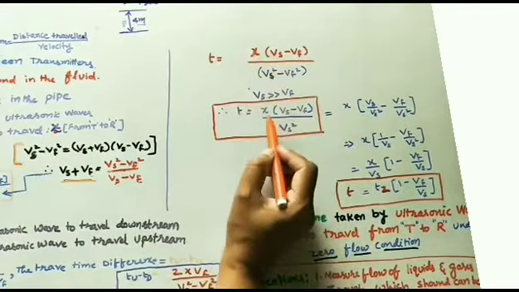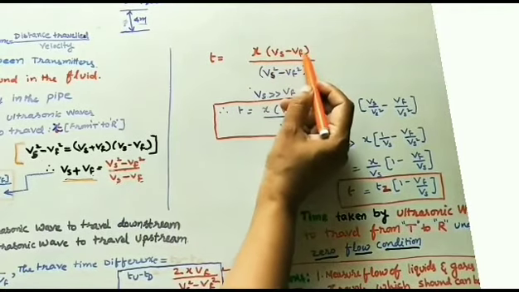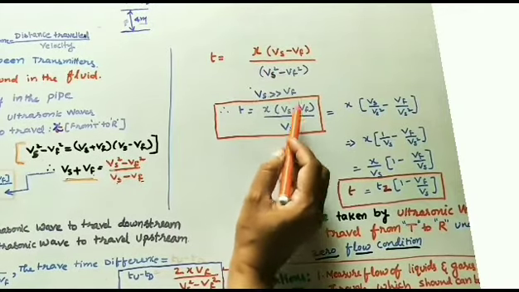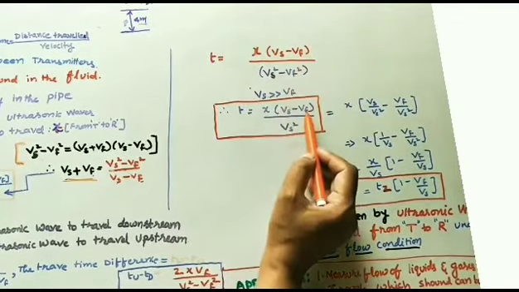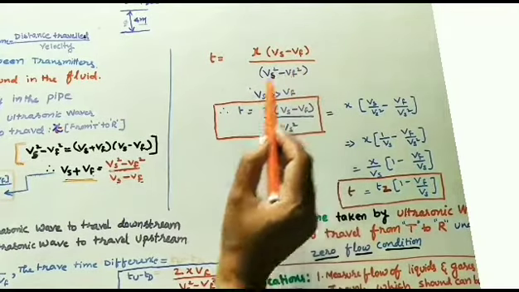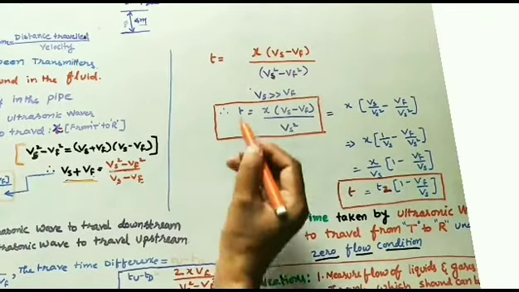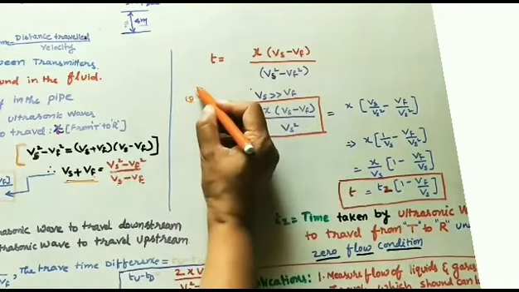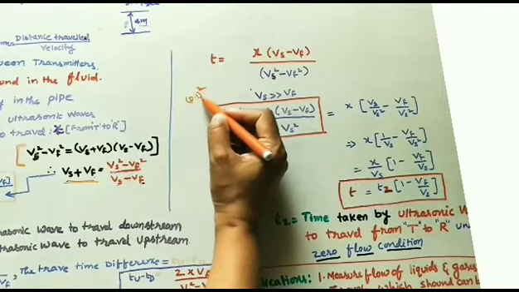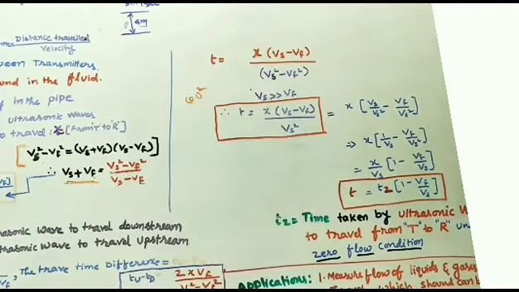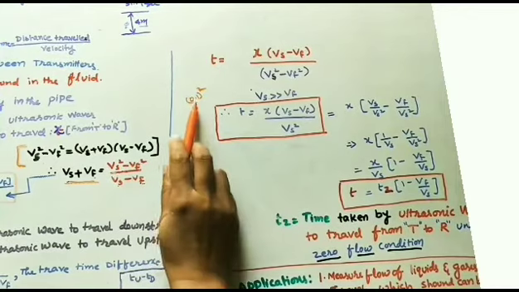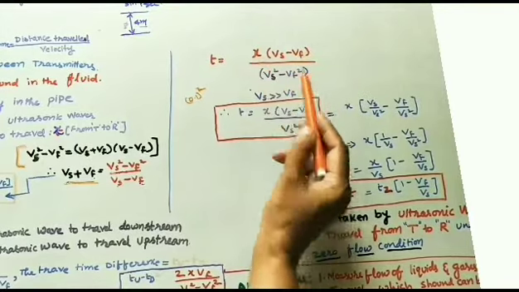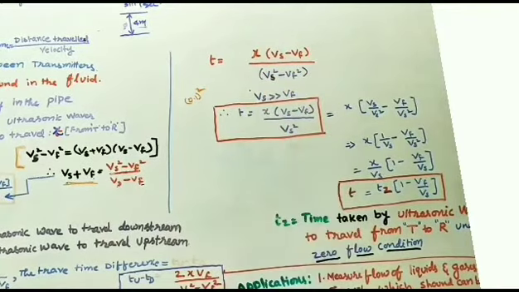So take x into Vs minus Vf, divided by Vs square. We can't remove Vf also here; only the square terms we have to remove. Let us take Vf as 0.1. Then Vf square is 0.1 whole square, which is 0.01, and it is getting very small. That's why we are removing the square terms. Whatever remaining values we have, we take like this.